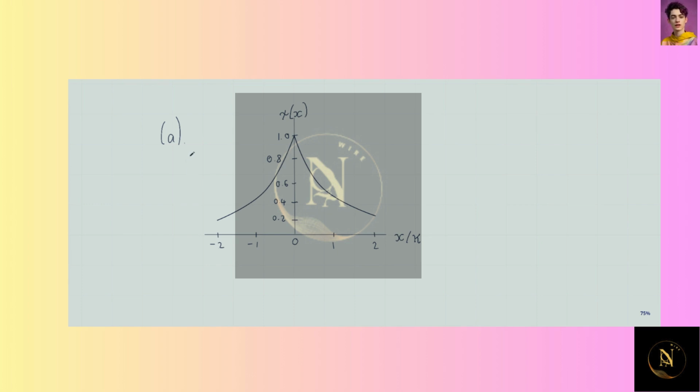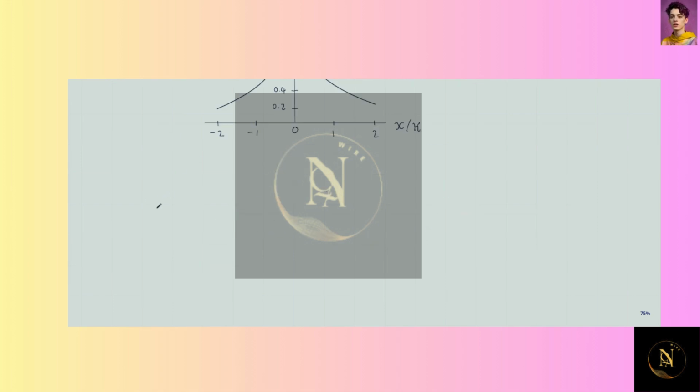So we've sketched the graph as follows, with psi of x versus x over kappa. And so going on to part B, we have that x less than 0 gives us psi of x equal to e to the positive kappa times x, which means that